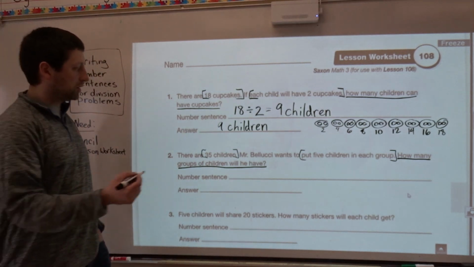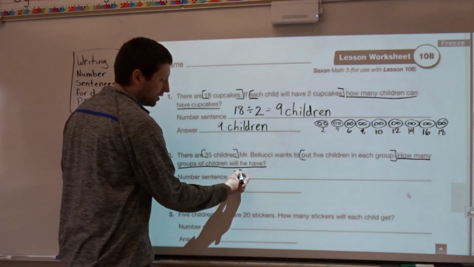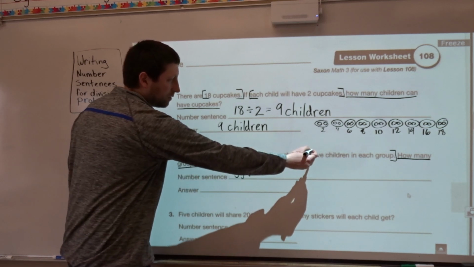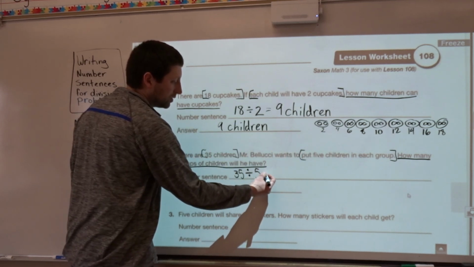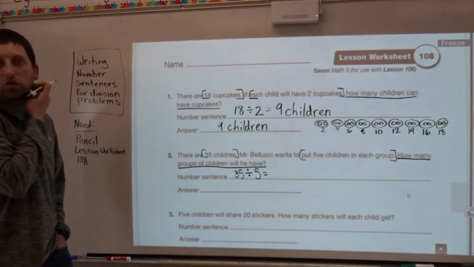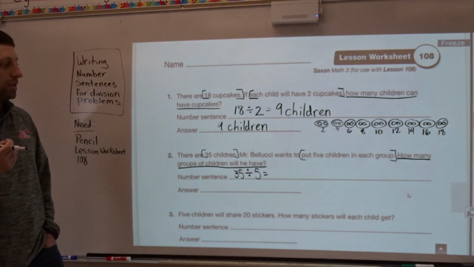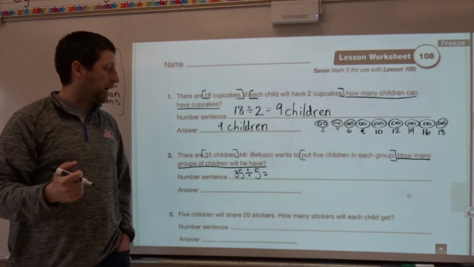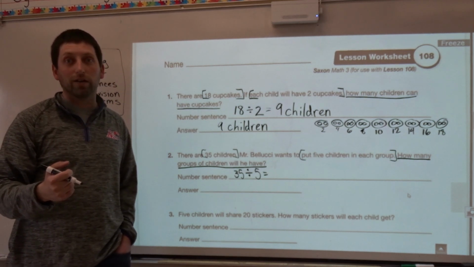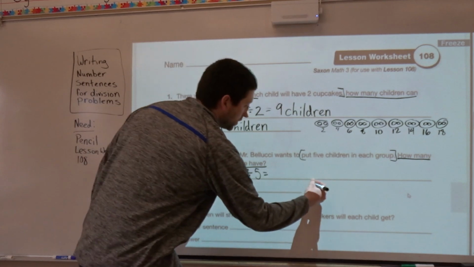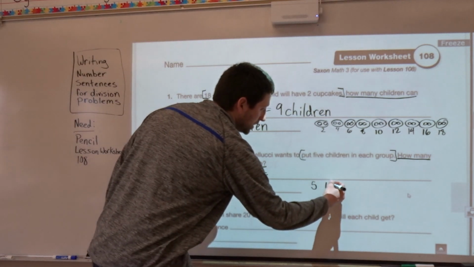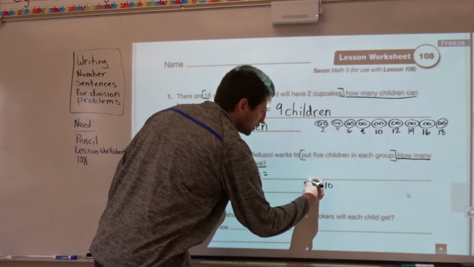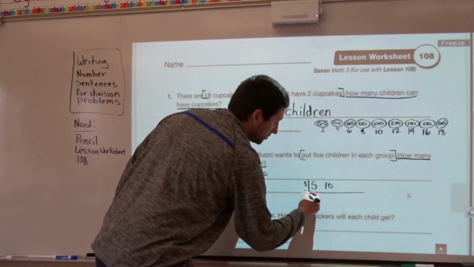So for this, I should start with 35 divided by 5 children in each group, and then that will tell me how many groups. So 35 divided by 5. If you didn't know this one, you could count up by 5s until you got to 35 and then count the number of groups. So if I do that, 5, 10, so this would be students, this would be how many groups,